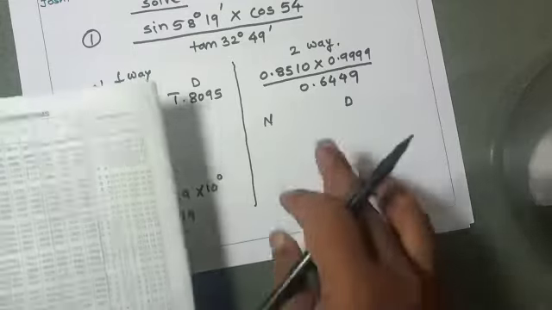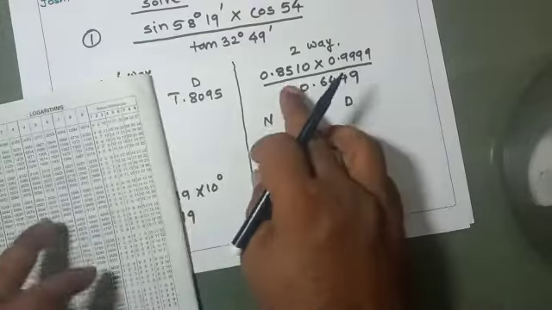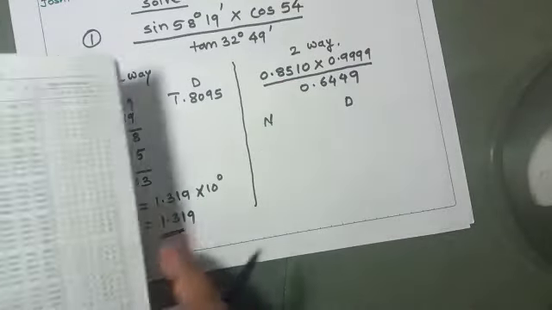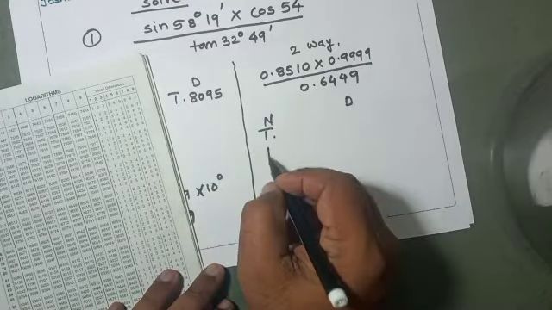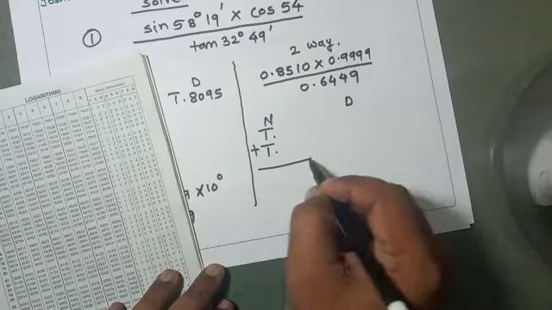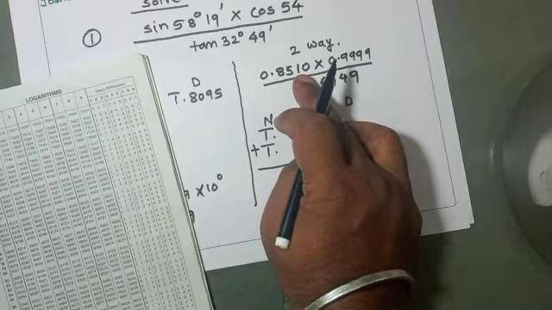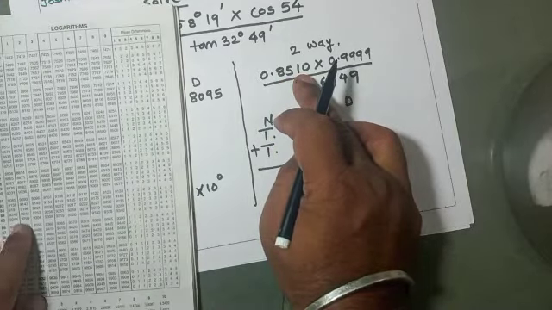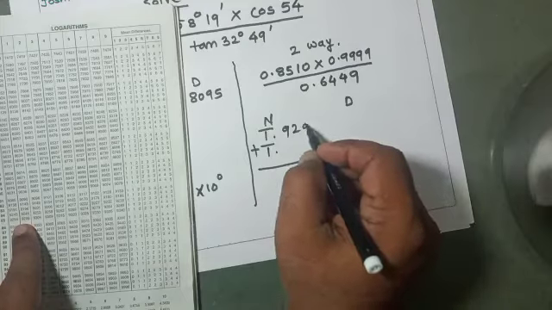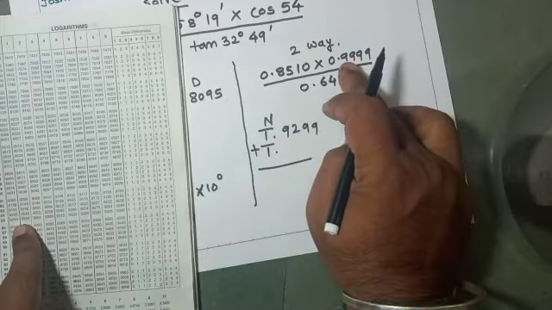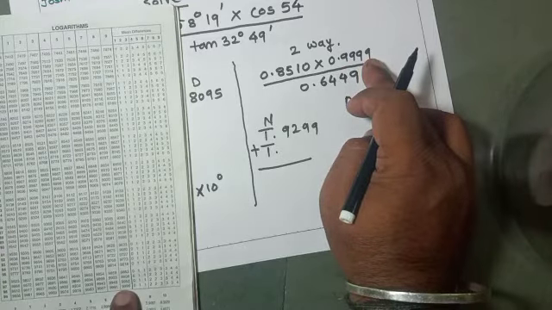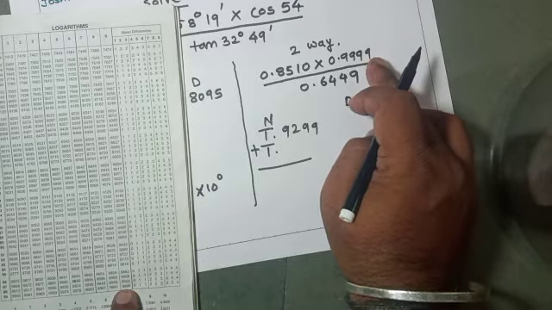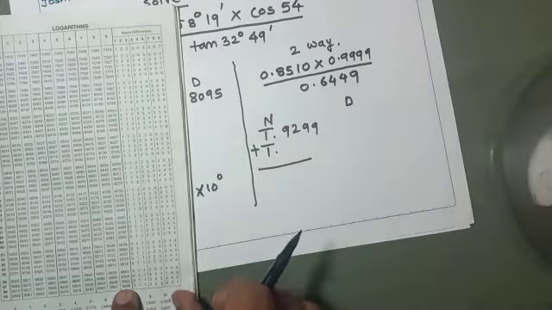So if we take their log for numerator and denominator, one procedure will be to take the log and then antilog. When we see the log, the characteristic for this value will be bar 1 point, and for this value also bar 1 point, then their addition. So for 85 in 1, that is 9299. Here 99 in 9 mean difference. So 99 in 9, that is 9996. Okay, and 9 is mean difference. This 9, it will be 4.